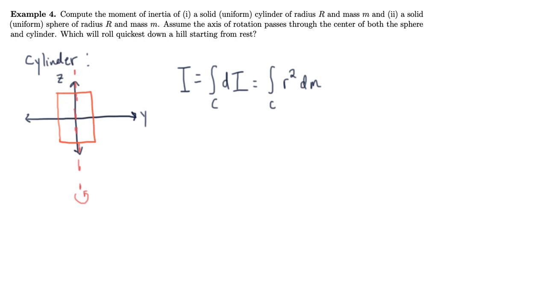So I'm going to take this little slice right here. And when I say this little slice, I really mean the slice that is now rotated around 2 pi radians or 360 degrees. And that's going to be a representative mass element